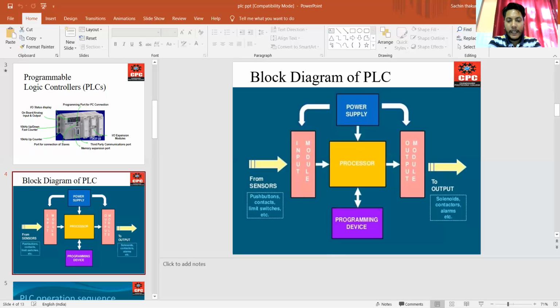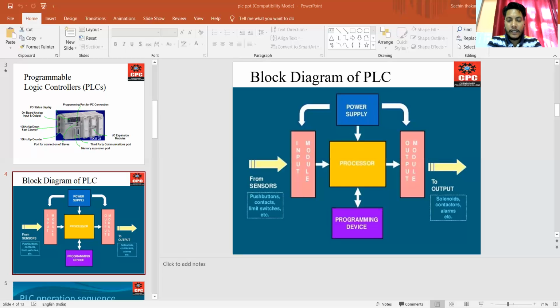Now, second is the processor. The processor section is the brain of PLC, which consists of RAM, that is random access memory, ROM, read-only memory, logic solver, and the user memory. The central processing unit is the heart of the PLC.